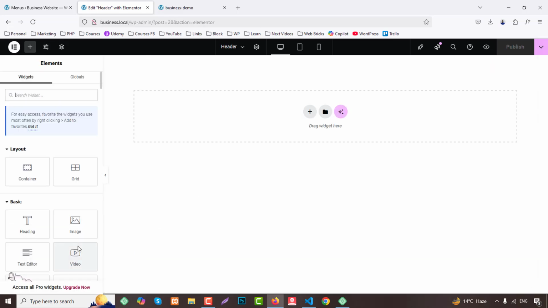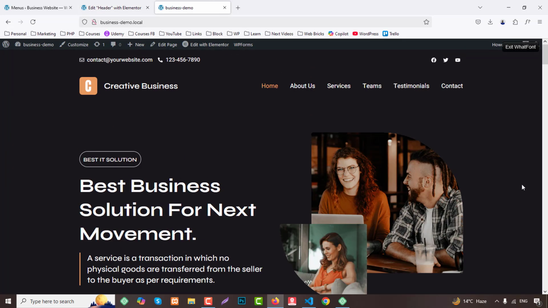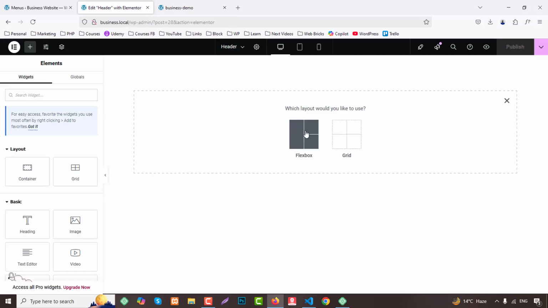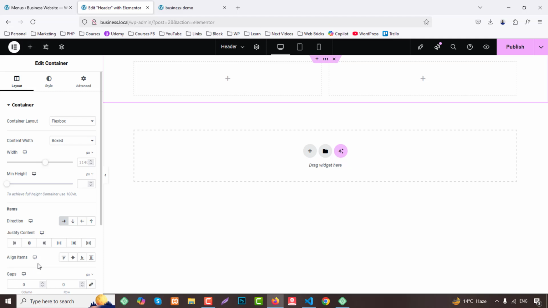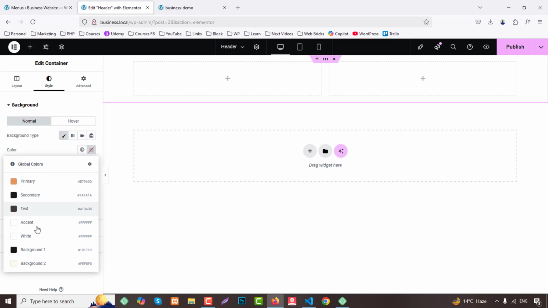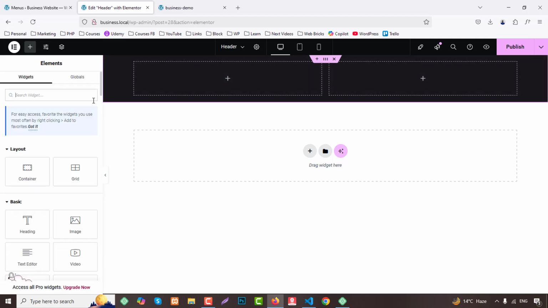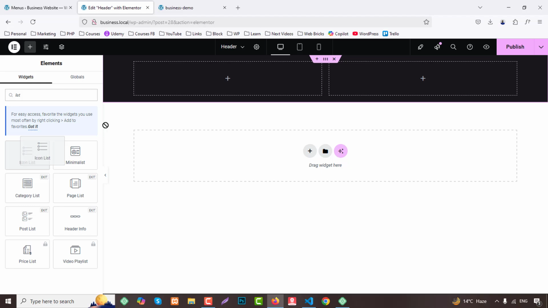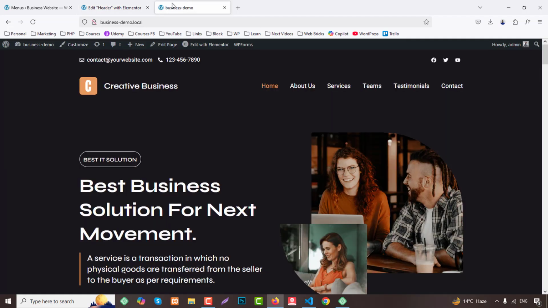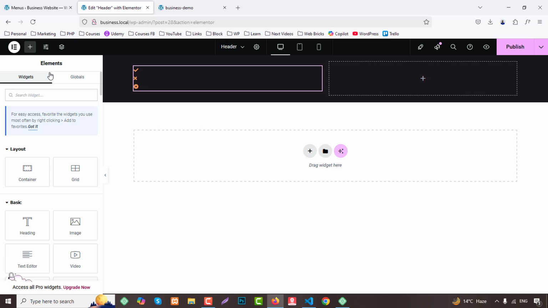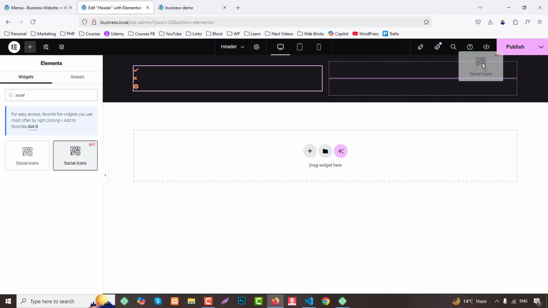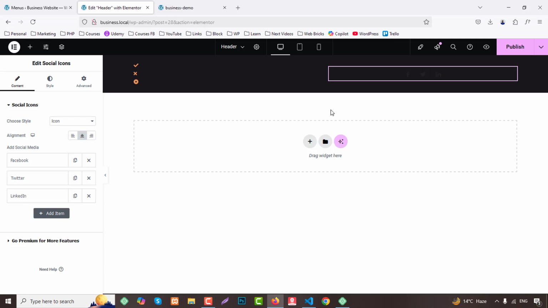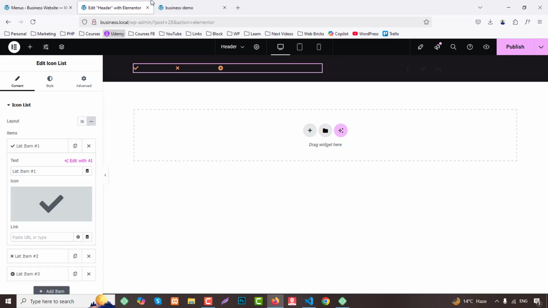Back to editor. So first we have our header part, this one like this. So from here we can choose, we need two equal columns and align item center, and go to style and change color to, we have chosen our background one. So from here we can choose list and drag and drop here. Okay, and this will be a social icon, so search for social icons and paste here. Okay, now click here, go to inline, and first we need this text here,